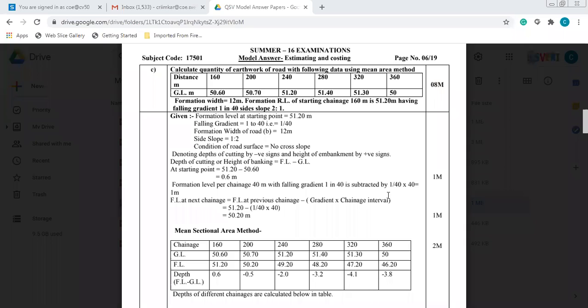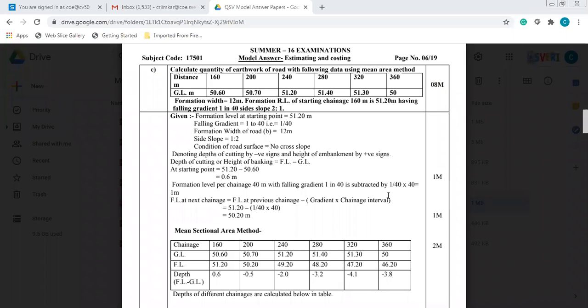Now one more problem today we are going to discuss, and then we will proceed to our next methods, that is the trapezoidal method and the prismoidal method. Then we will directly start with the important part, that is bar bending schedule. Okay, so now you can note down that problem in your notebook. I hope everybody has a notebook and pen for this particular chapter. You have to solve many problems, so note this one down.